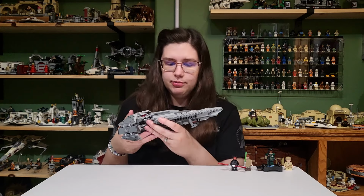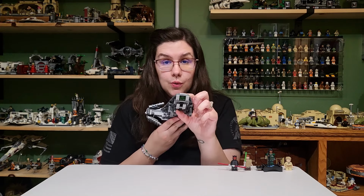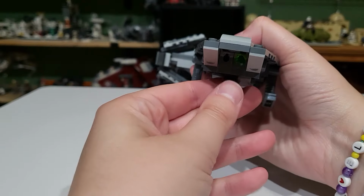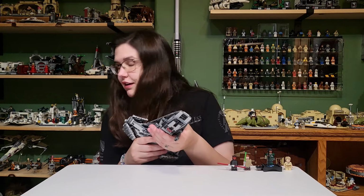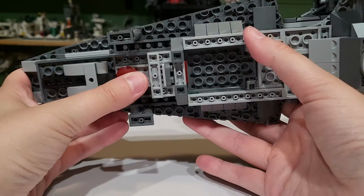And then we have a couple of play features. So firstly, if you press on this button here, the missiles launch. I didn't realize you could actually launch them individually. That's a new thing. Golly, they went everywhere. Anyways, and then the other thing that you can do is if you pull down on the bottom here,